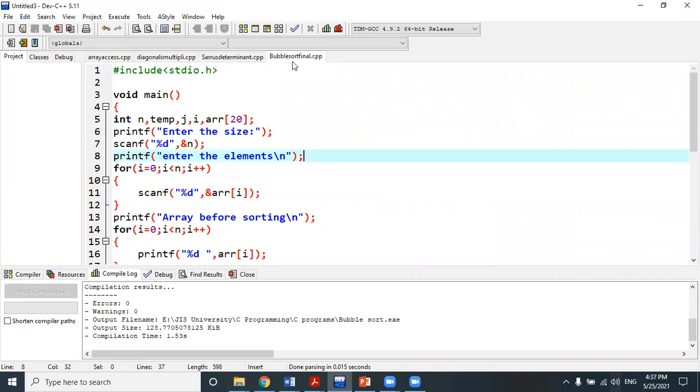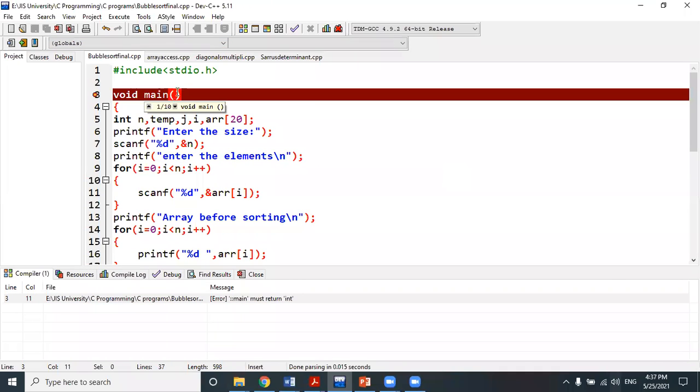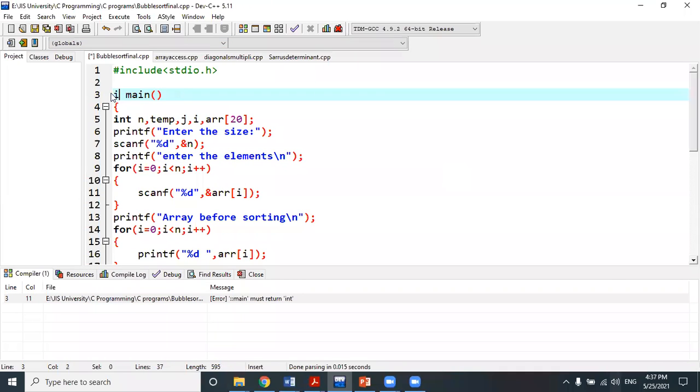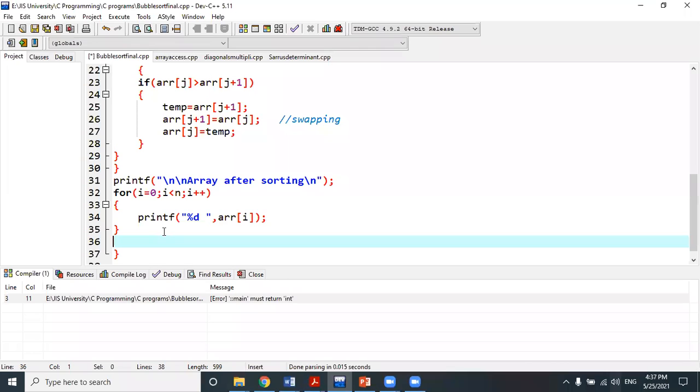Yes, I have saved the program separately. Okay, as a new file, I've saved it. Right now, I think it will work correctly. Okay, it doesn't understand int main, so I will give it int main and then the return 0.